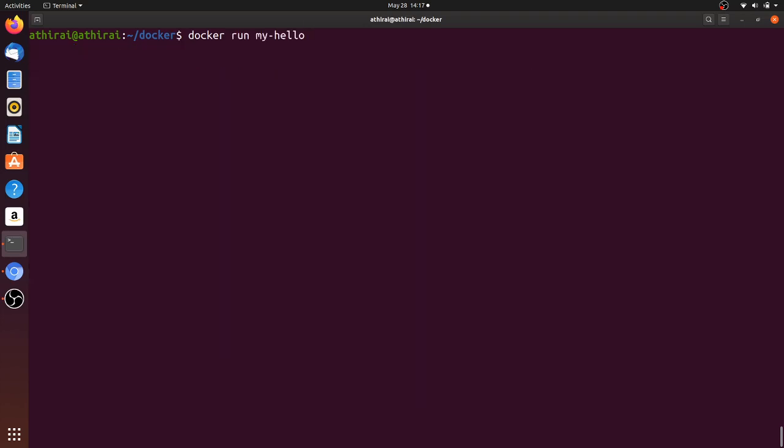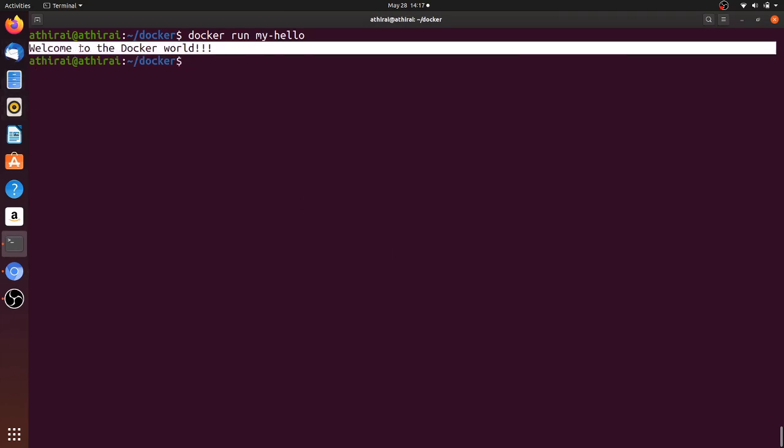So when I say docker run my hello, we are getting the message whatever we have printed in the hello program when we run the C program we have created, right? The same program output we are able to see now, but this time it is not pulled from the hub, but it is from your local. In my local I have the docker image created and I am able to run it.